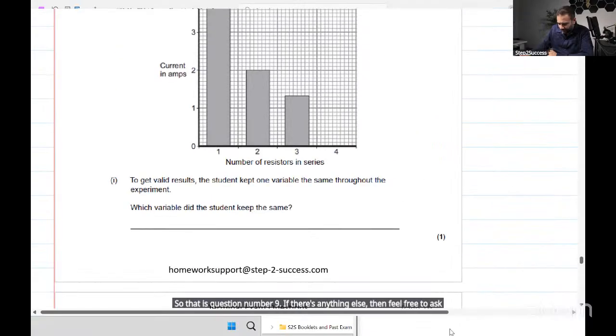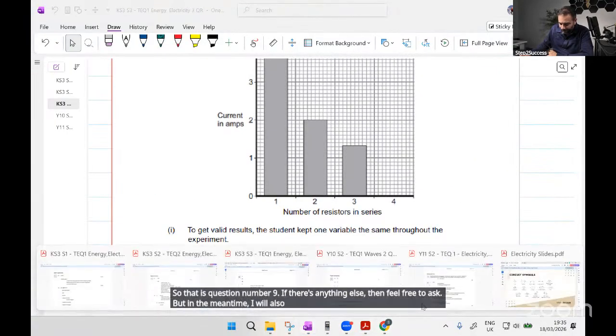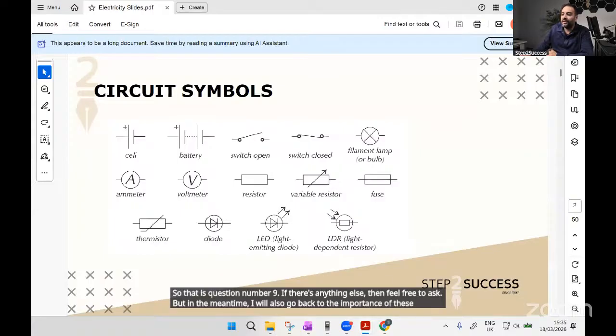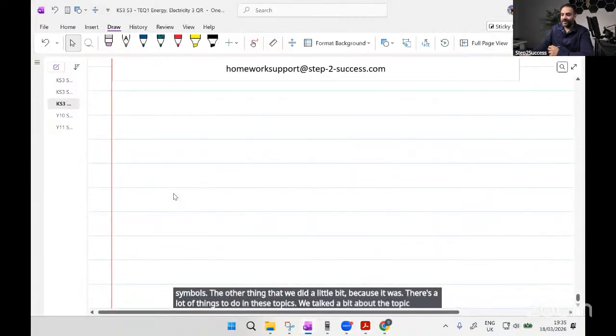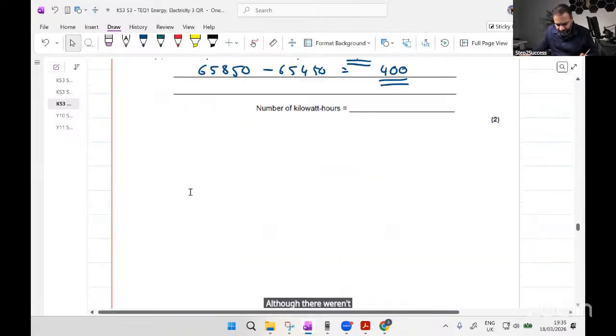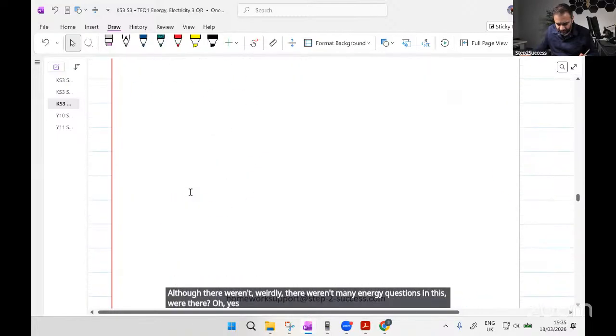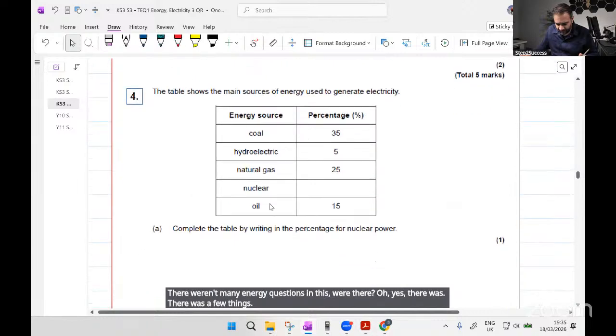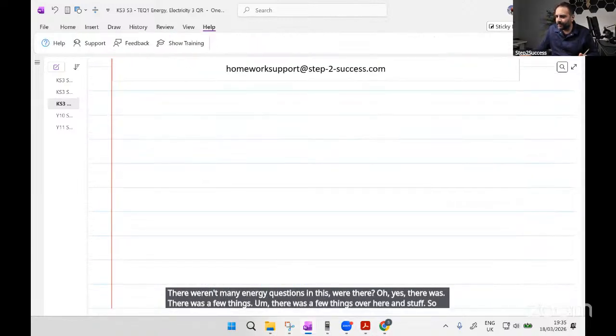But in the meantime, I will also go back to the importance of these circuit symbols. The other thing that we did a little bit, because there's a lot of things to do in these topics, we talked a bit about the topic of energy, because that was also meant to be covered, although weirdly, there weren't many energy questions in this, were there? Oh yes, there was. There was a few things over here. So let me just tell you,